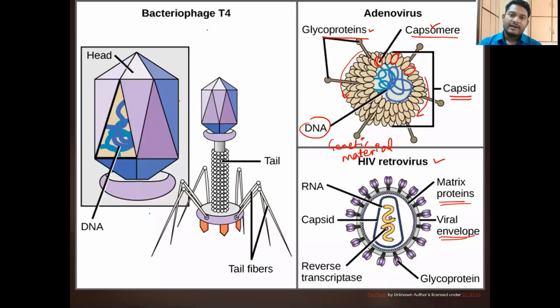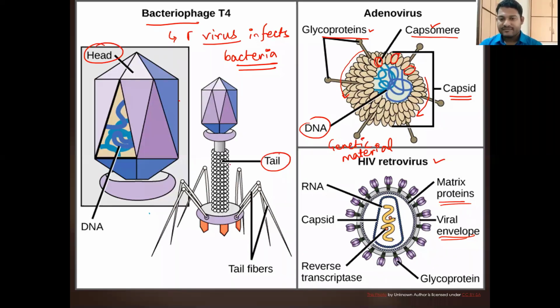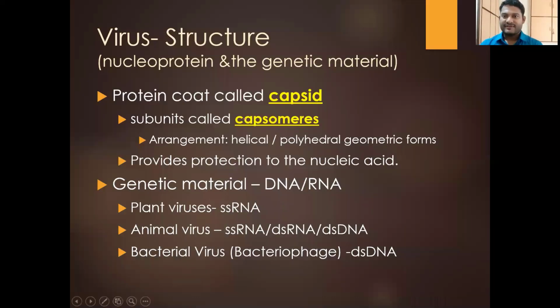Also, we are going to have the bacteriophage. What are bacteriophages? These are viruses that infect bacteria, right? The virus that infects bacteria is called a bacteriophage, and you can see here the head structure, then the sheath, and the tail fibers. There is another picture of the viral structure which will be seen later. Now when we talk about the virus, as we said, there is a protein coat called the capsid, and there is going to be a subunit.